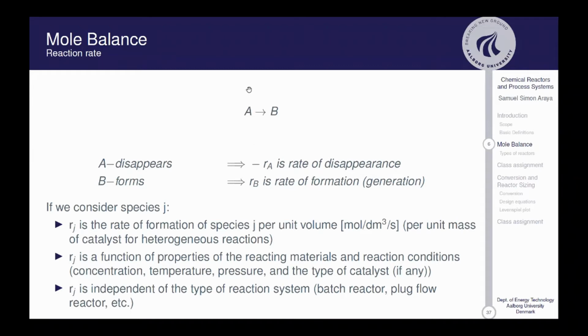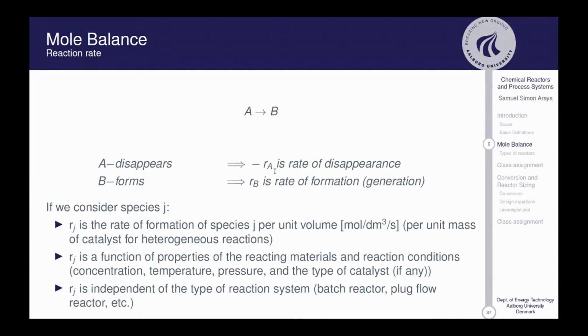If this fully reacts, at the end we will not have A, but we will have B. And B is forming. The rate of reaction of A is the rate of disappearance, and the rate of reaction of B is the rate of formation or generation. We will use these subscripts